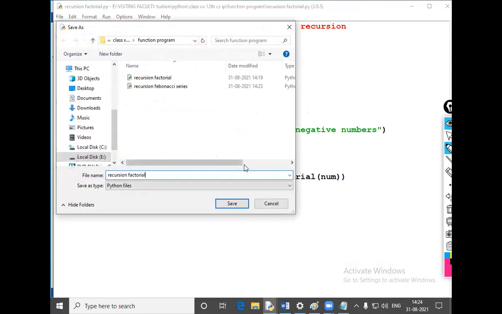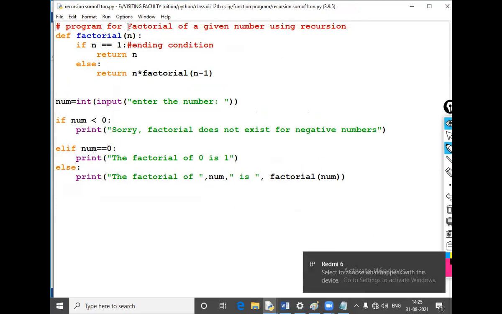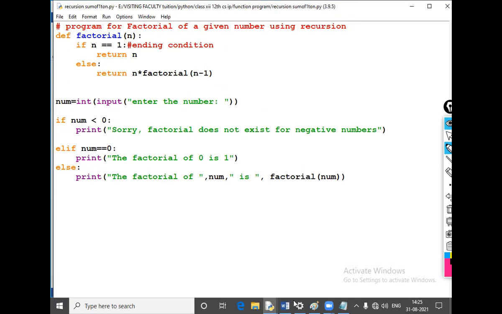Recursion, sum of 1 to n. Now we are changing it.